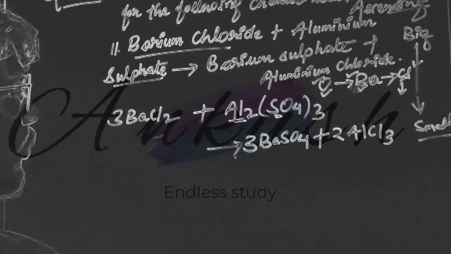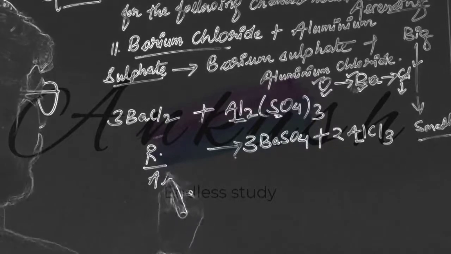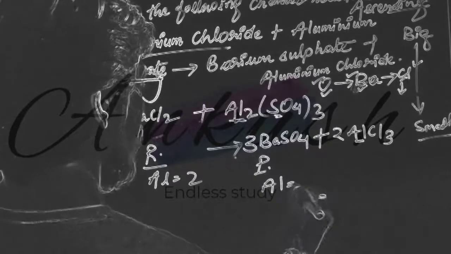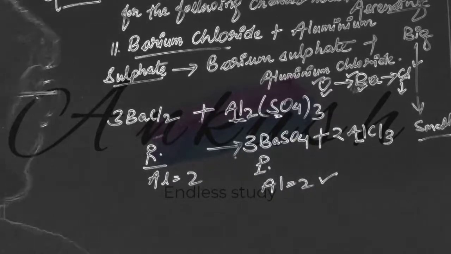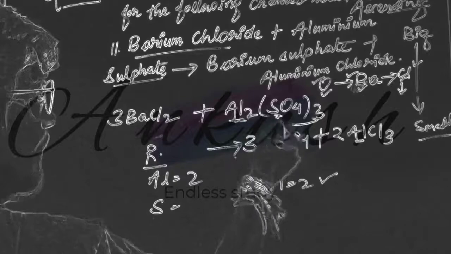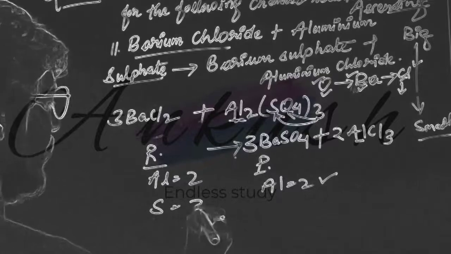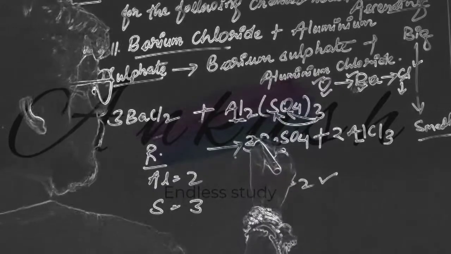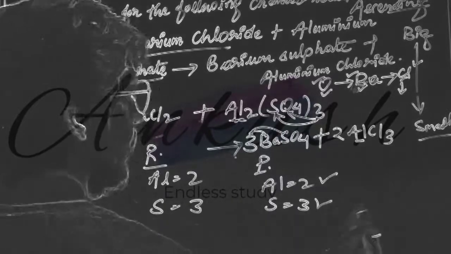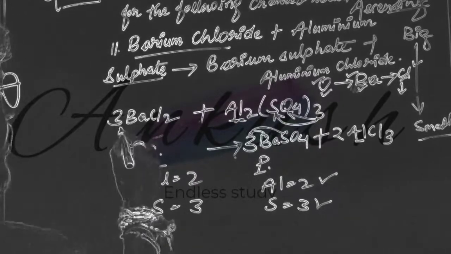Here aluminium how many? 2. Here aluminium how many? 2. In the reactants, aluminium 2. Correct? In the product, aluminium 2 here. So it is balanced. Now what is remaining? Sulfur. 3 is outside the bracket, it will get multiplied to sulfur also along with oxygen. So now here we have 3 atoms of sulfur. And here 3 is getting multiplied to barium, to sulfur also. So here also sulfur 3, balanced. After chlorine we no need to write here. So this is our balanced chemical equation.